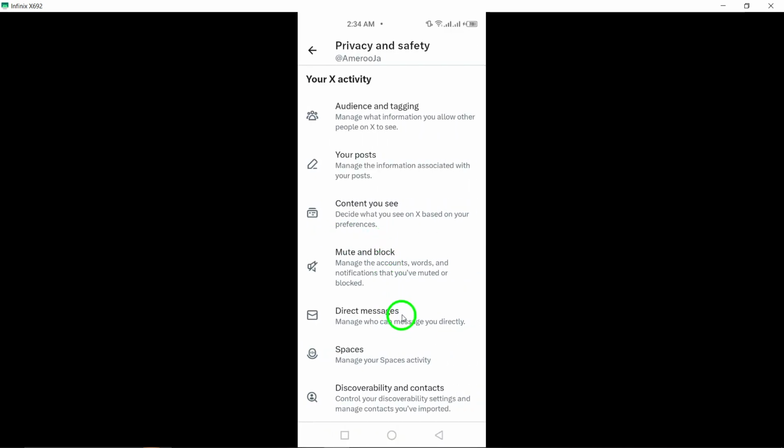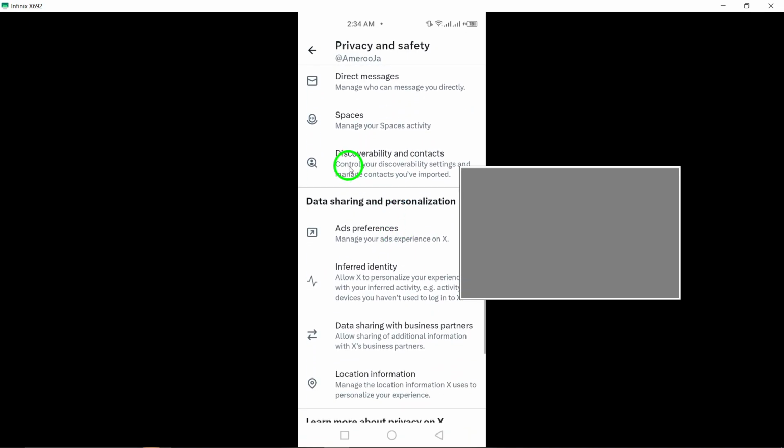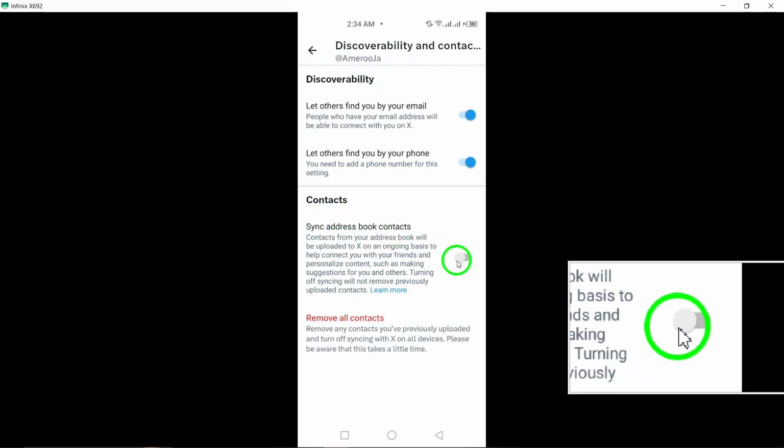Step 7. Find and tap on Discoverability and Contacts to adjust your contact settings. Step 8. Within this menu, locate the option to Sync Address Book Contacts and enable it to grant Twitter access